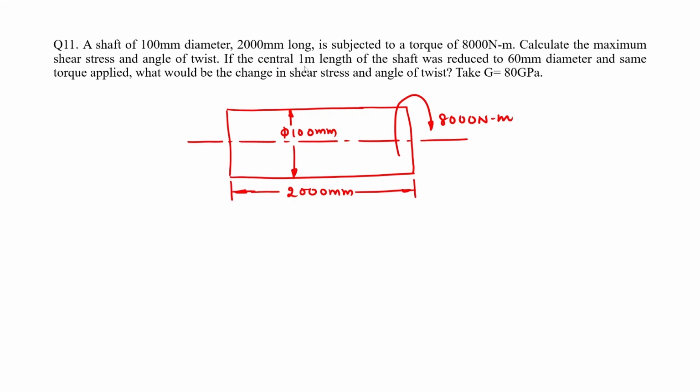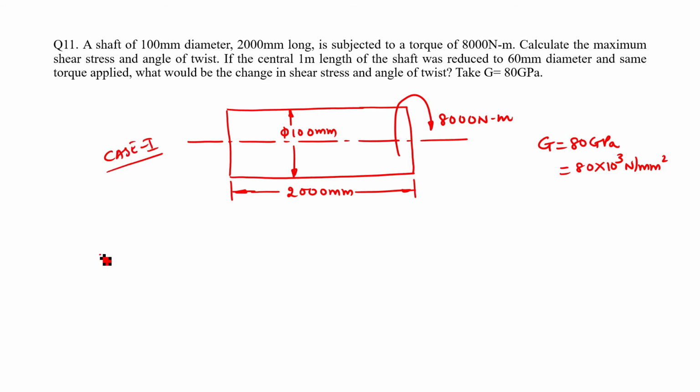If the central 1 meter length of the shaft was reduced to 60 mm diameter and same torque applied, what would be the change in shear stress and angle of twist? So I need to calculate the change in shear stress that would happen if I were to change the central 1 meter length to 60 mm diameter, and also the change in angle of twist. The value of G is given as 80 gigapascal, that is 80 into 10 raised to 3 Newton per mm square. So this is case 1,